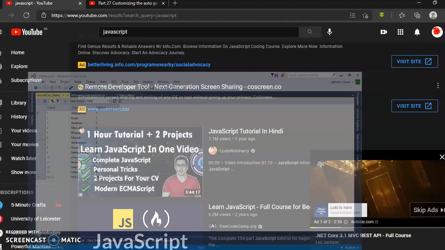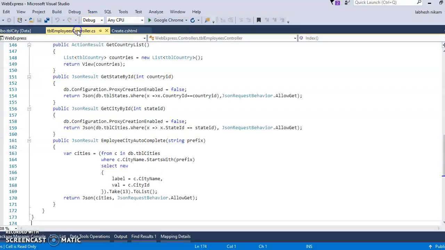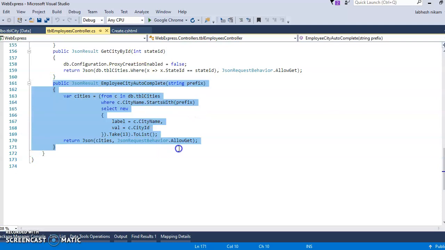For that you require one method on the controller side. I have written this method here. This method will pass the data relevant to the table.